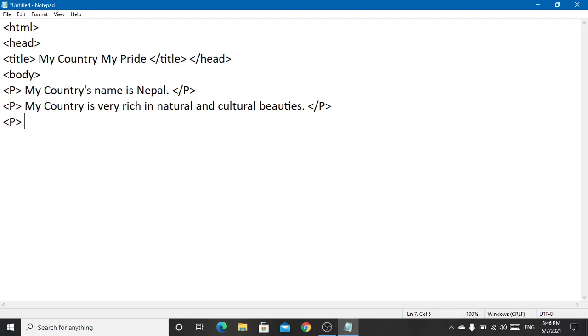Don't worry, it's not a very hard or complicated thing, right? Here you can see too many tags. You can write all these sentences in one tag only, but just for the demo I am going to show it this way.